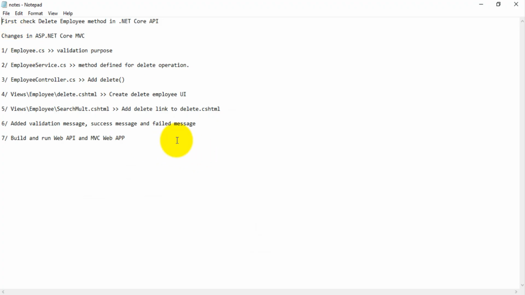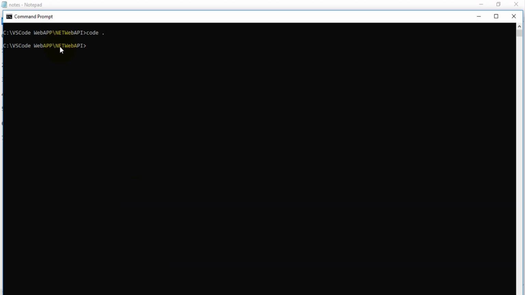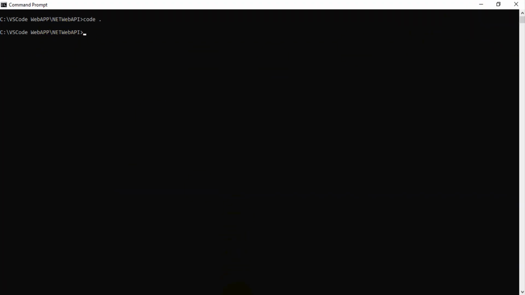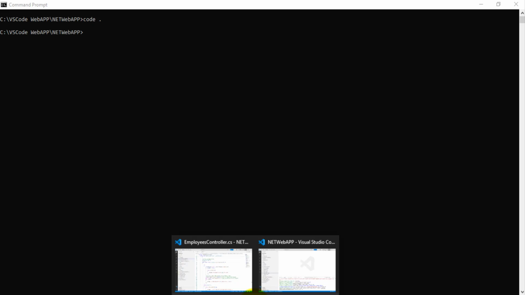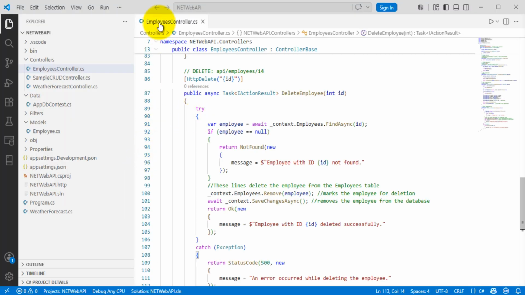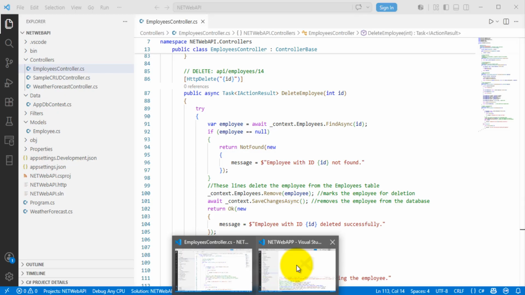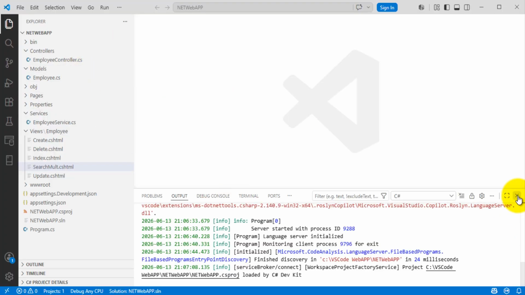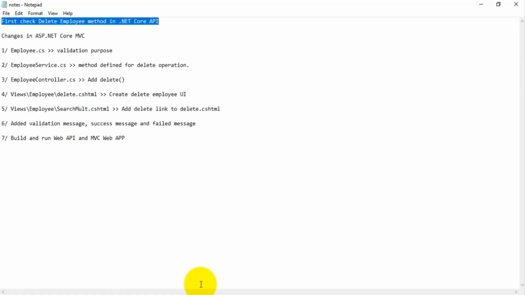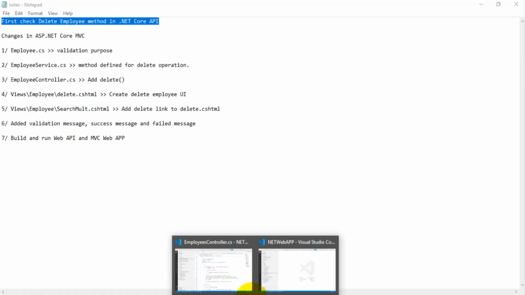Okay, so these are the steps we need to follow to perform this delete operation in ASP.NET Core MVC using Web API. First we will check the delete employee method in .NET Core API, which I already discussed in my playlist. I have created two instances of command prompt. One is for the .NET Core Web API path and another one is for the .NET Core MVC path. In the same way, I also created two instances of VS Code. This VS Code instance is for the .NET Core Web API solution and this one is for ASP.NET Core MVC. Okay, so as per the step, I'll go to the ASP.NET Core Web API